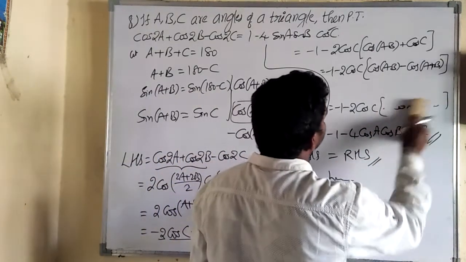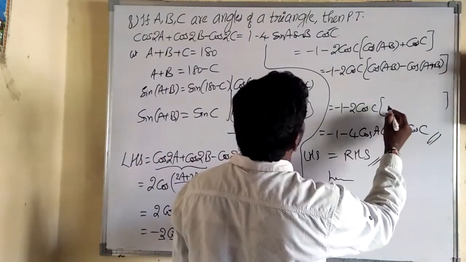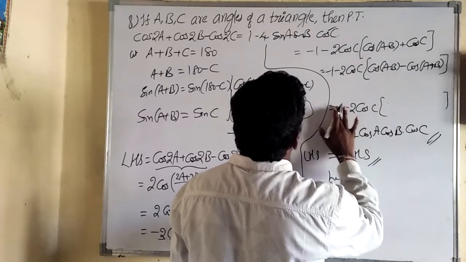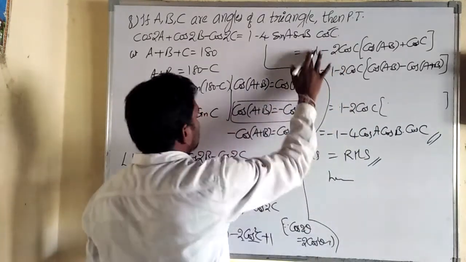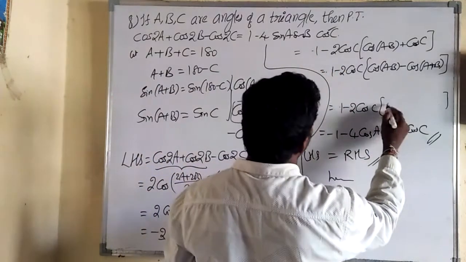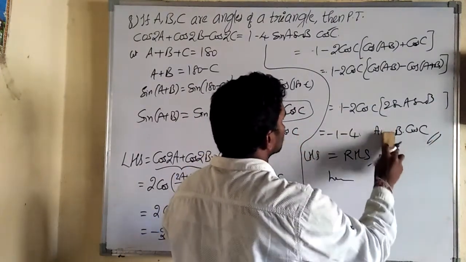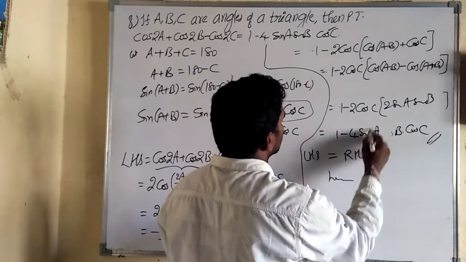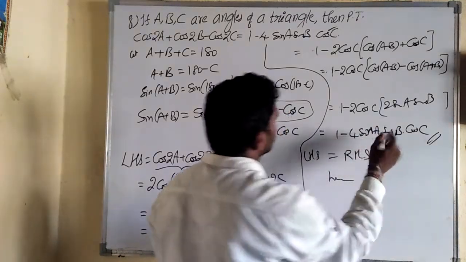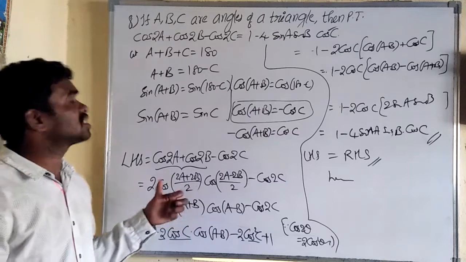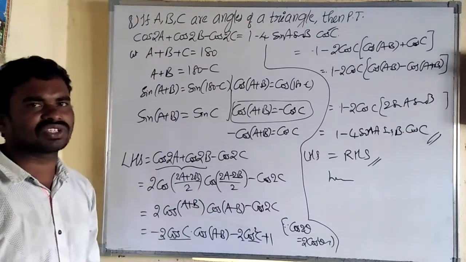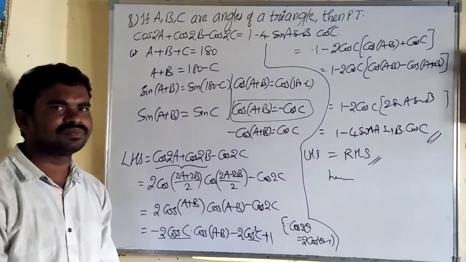So we get minus 2. So plus 1 we get in all terms. So 2 sin a sin b we get. So the final answer becomes sin a sin b. So like that we can complete. If you understood the 7th one, you can do the 8th question simply also. Let us take the next problem.